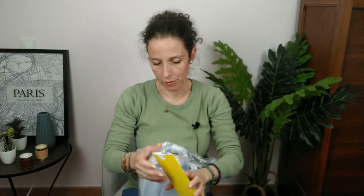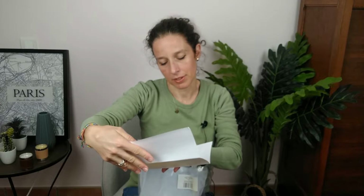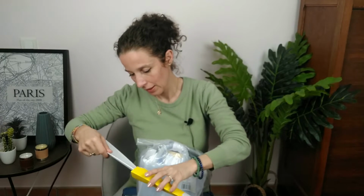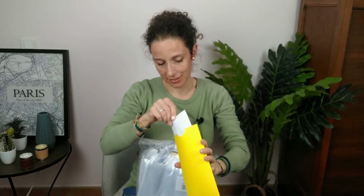So I do think this is the receipt. Just let me shake. Yes, it's my receipt. Oh, it's kind of funny because the price is written in US dollar, but I paid in euros, so it's quite funny. Yes, really funny. So I think you can see what's inside, and so it's a tiny bag. Okay,